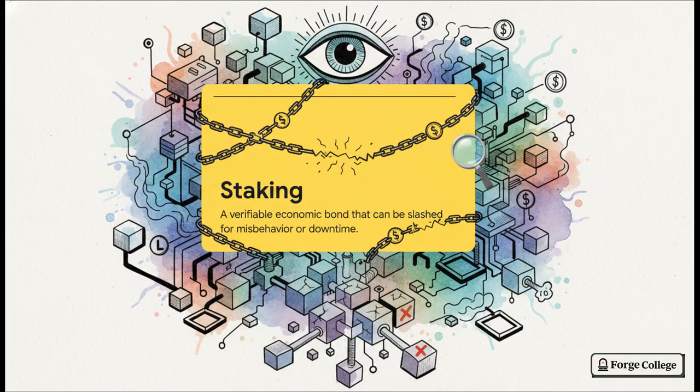Now, you probably caught that the mechanism for both the providers and the validators relies heavily on this idea of staking. If you're new to the term, staking is basically creating a verifiable economic bond. You lock up your own personal assets into the protocol. And here's the kicker. Those assets can be slashed, which means heavily penalized or even completely destroyed for misbehavior or server downtime. When a provider has their own actual value locked up and on the line, attempting to cheat the network suddenly transforms from a clever little software hack into a massive, self-inflicted financial failure.